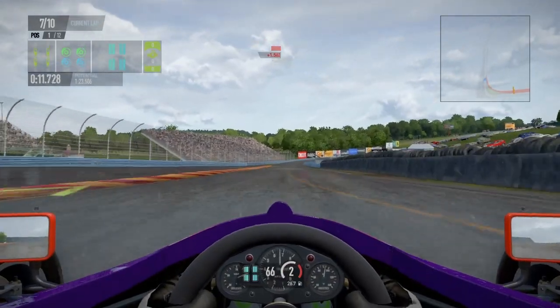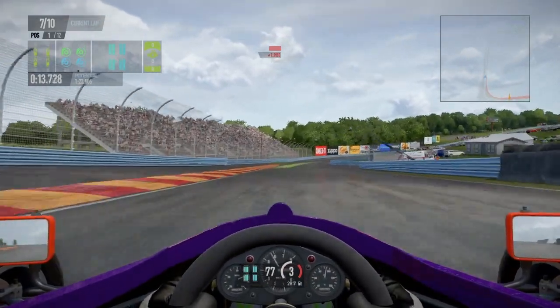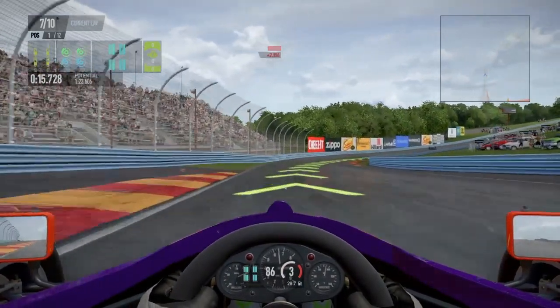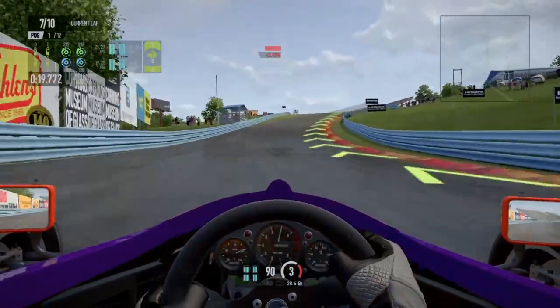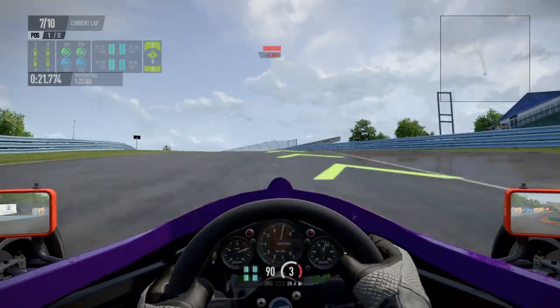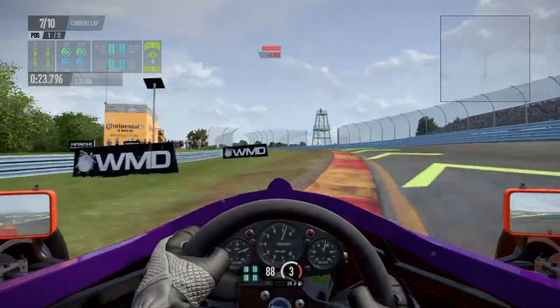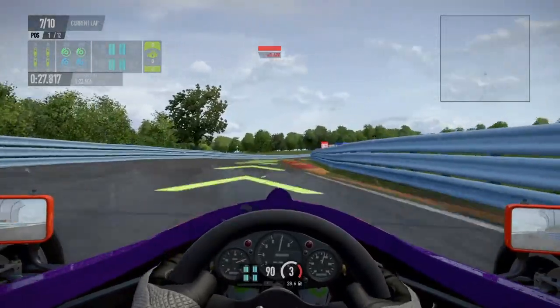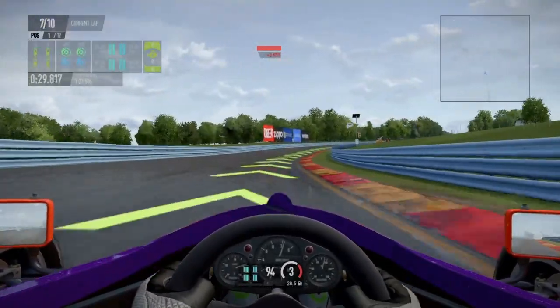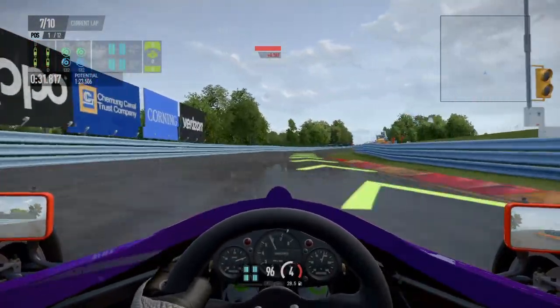Bit sideways through the first corner. Not what you want to be doing on a banked corner, of course, but it seems to be the only way I'm able to get these cars through here. Riding across those curbs here. Probably shouldn't be doing that in the wet, but